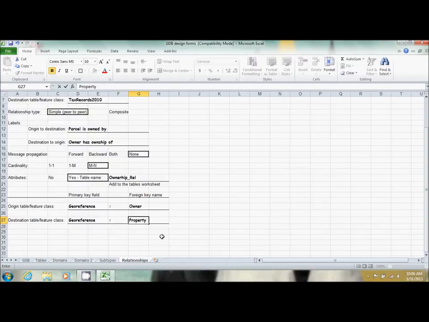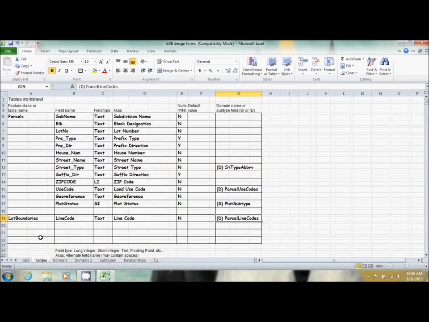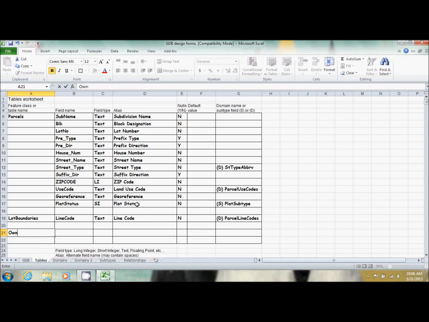Now, we're going to go to our tables worksheet, and we're going to add a table. And it's our ownership underscore rel. And its field is going to be percent owned. And it's going to be a float because there's going to be a decimal place, so we can't have whole numbers. And it's just percentage owned,